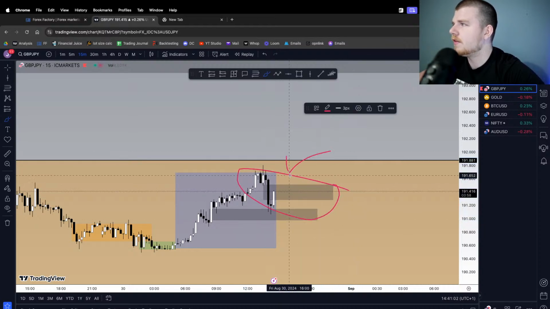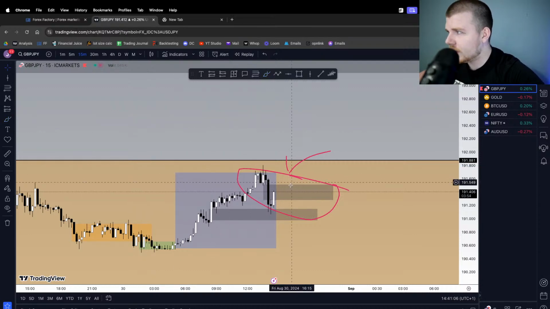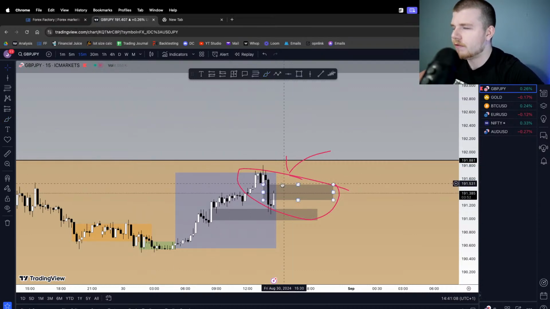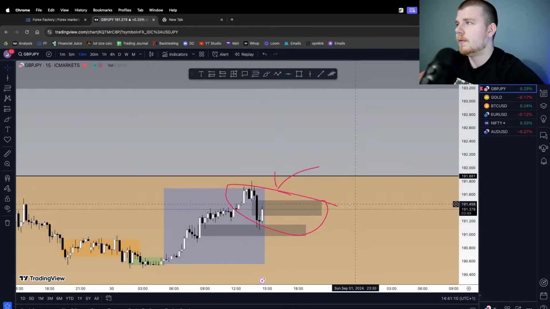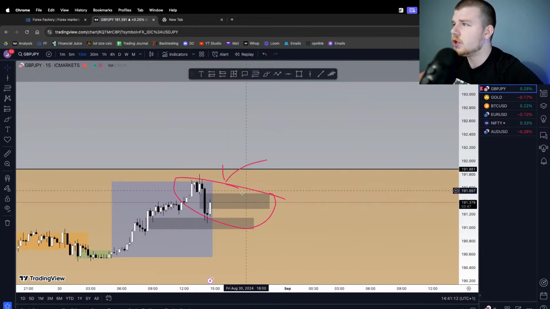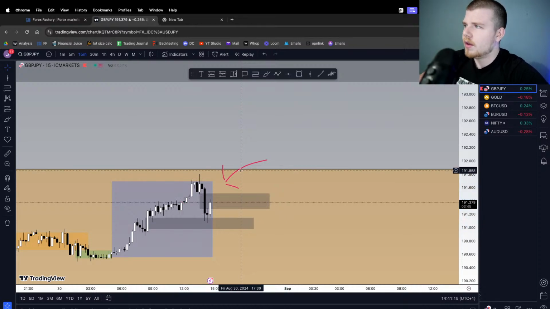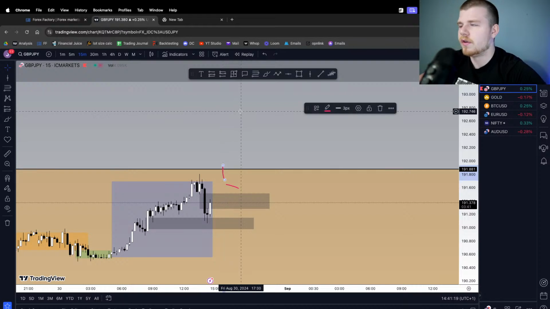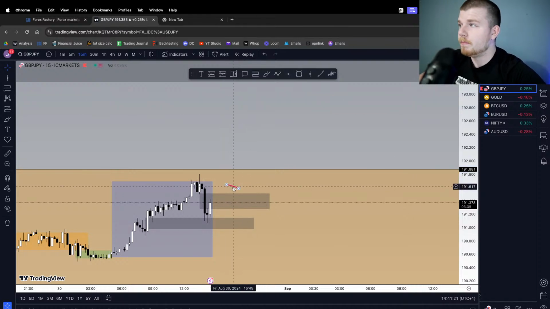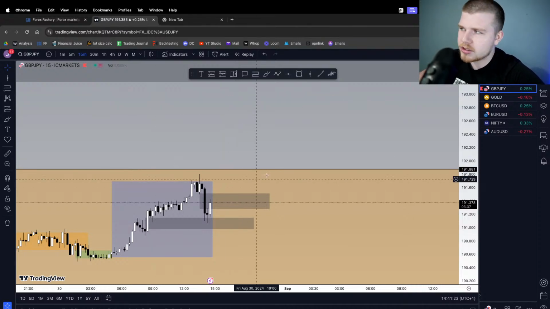Now, if we start disrespecting this fair value gap here, what we can do is go to the 5-minute time frame, and basically wait for price to come back to the inverted fair value gap and respect that inversion and then continue up. That would be a possibility. The only issue with buys really is that our target, especially if we're waiting for price to invert this fair value gap, would be outside the accumulation range.